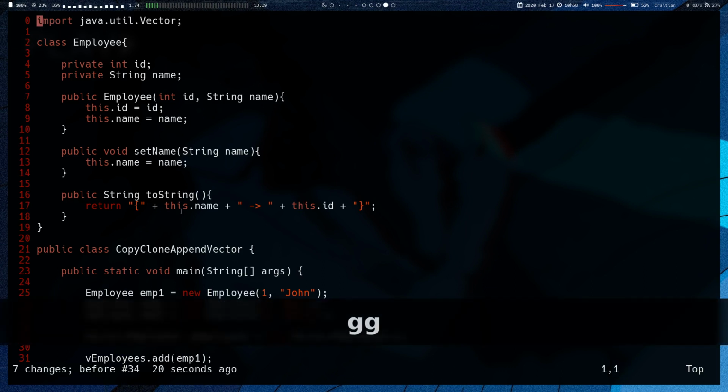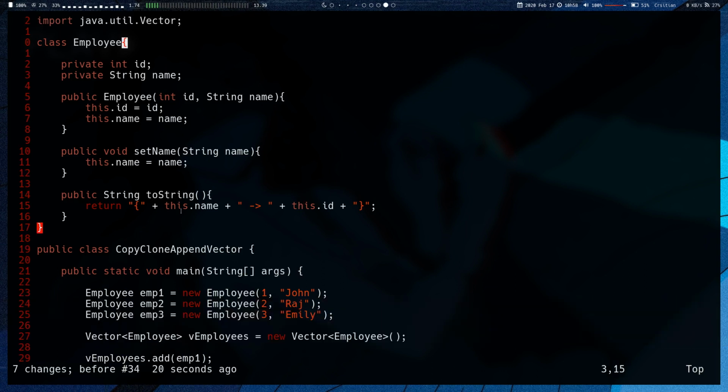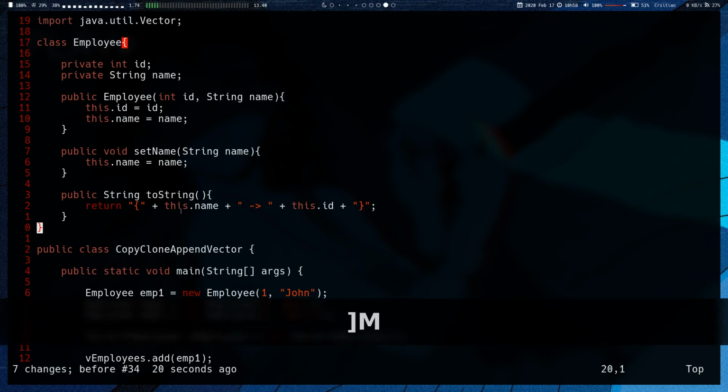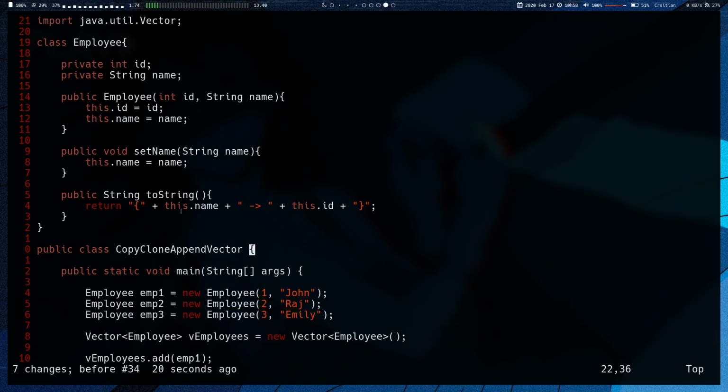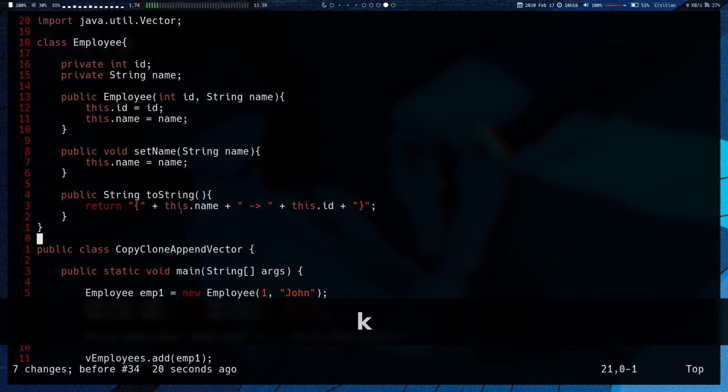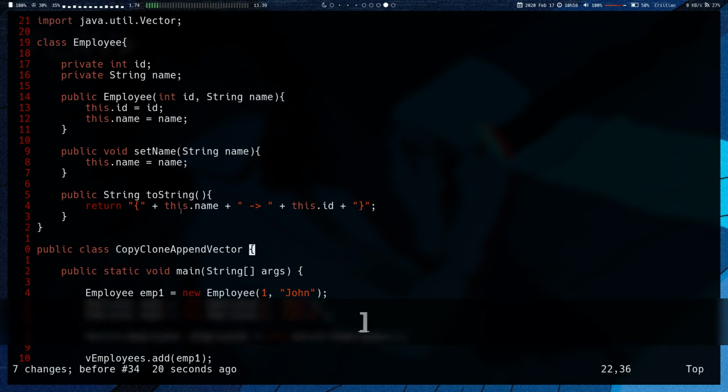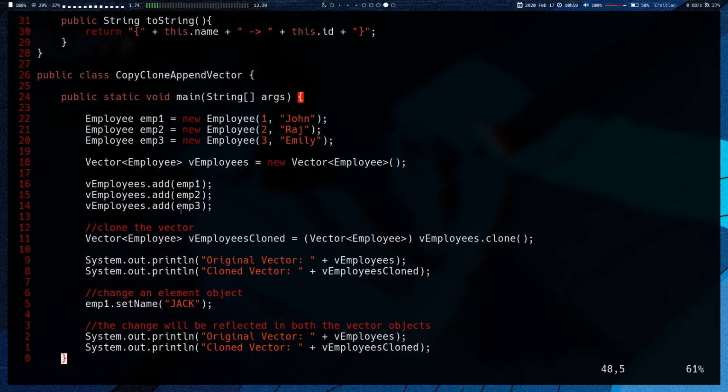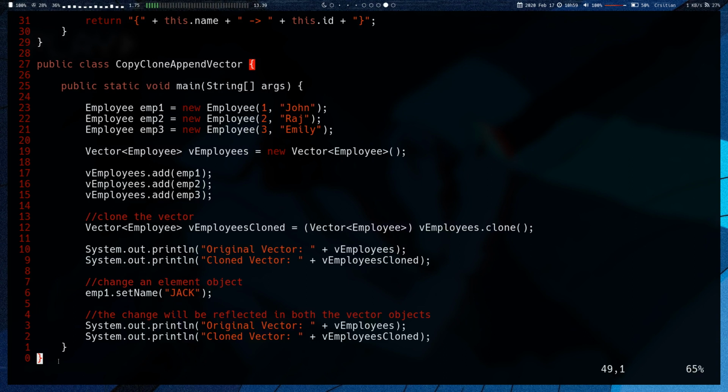Okay, so next we have close bracket Shift M, close bracket Shift M, which takes me to the end of the next method. Close bracket Shift M, end of the next method, so on and so forth. Again, with classes, it tends to, like you see there, on this one, it should have just taken me to the, I'm not 100% sure, I don't use this much. It does seem to not work 100% as you would expect. Like in this case, where the white cursor is, it took me to the end of this method, and then suddenly, it works as well. So just keep that in mind